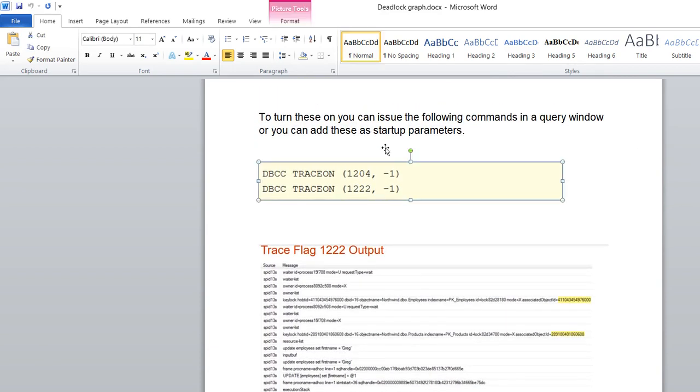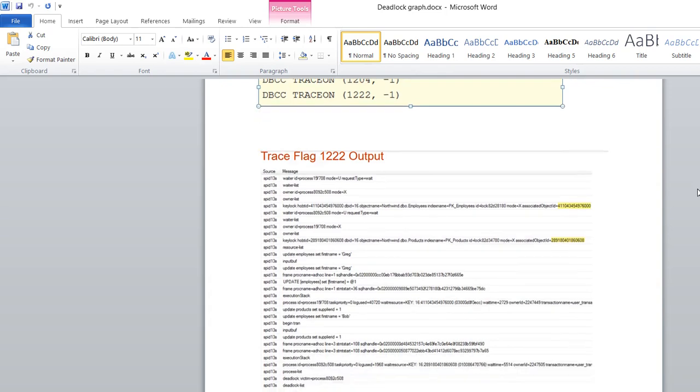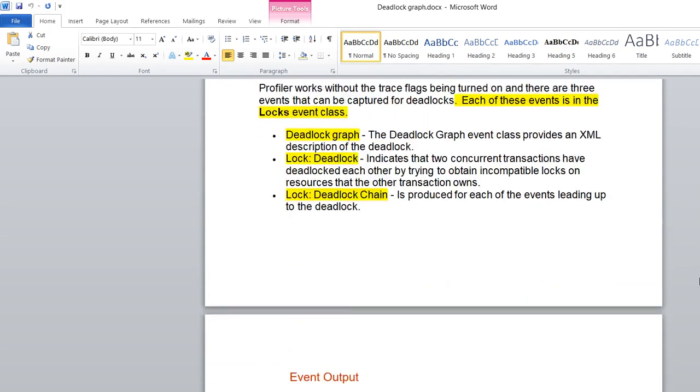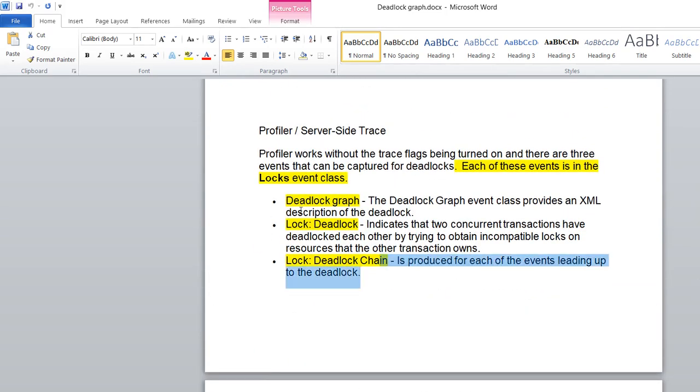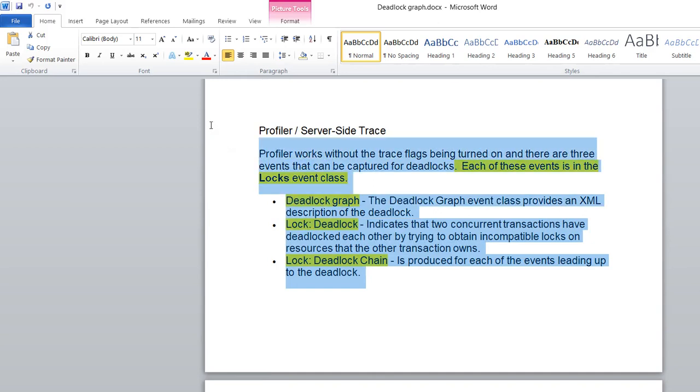It may impact your database performance, and also you are not getting the complete details in the SQL Server error log while enabling the trace. But if you are using the profiler, you will get all those details to analyze in a better way, and you can save the graph also. The XML file you can save locally for further analysis.